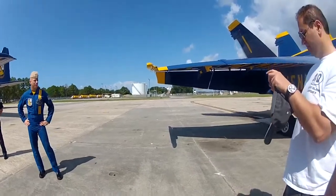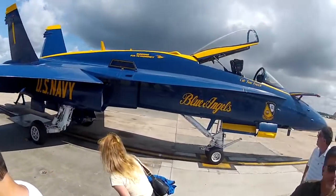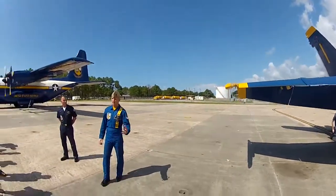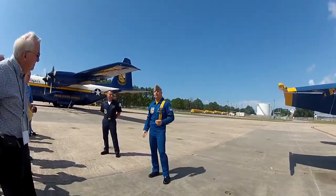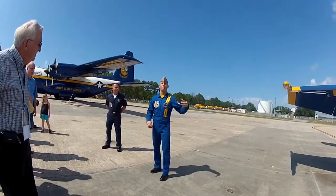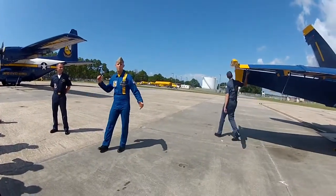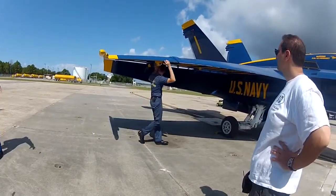Just a couple things about the F-18 Hornet itself: it's capable of roughly 32,000 pounds of thrust. When you stack it up against the F-15 Eagle, the F-22, and the F-16, this is a relatively slow aircraft, but where we gain our strength over those other aircraft is our ability to fly so slow. When you think of dogfighting, everyone always thinks we want the most powerful aircraft possible to outpower the other guy,